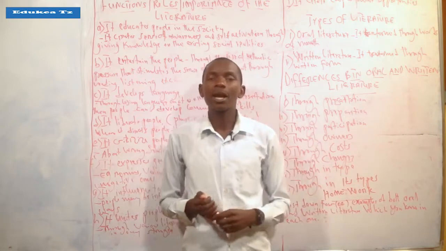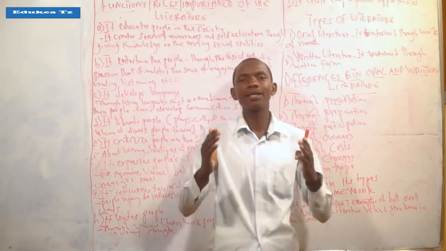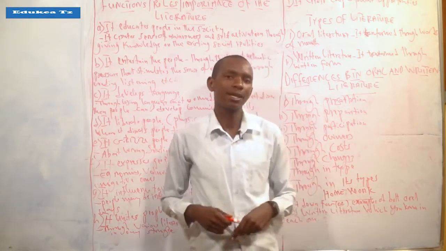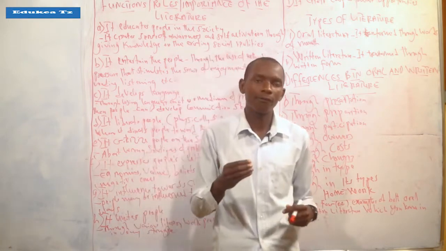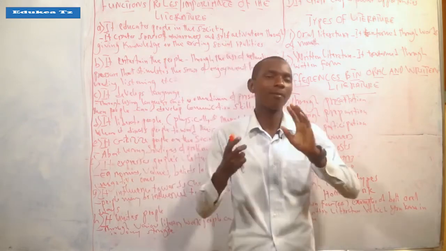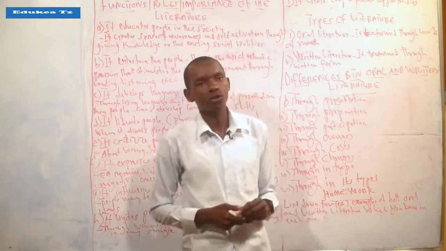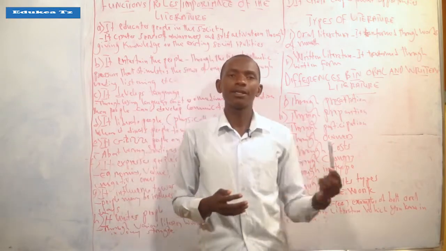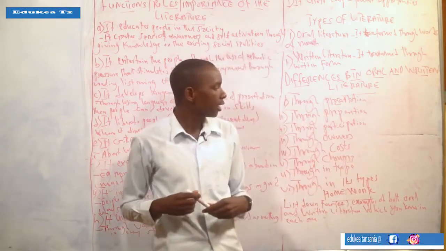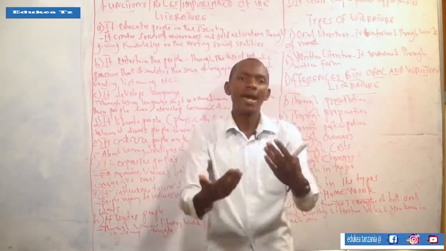But in written literature, you should have a lot of time to prepare everything that can be used when you are writing or composing a certain literary work, like a pen, an exercise book, or any papers, among others. So these are the issues which demand a lot of time. That makes us say that written literature differs from oral literature due to how it's prepared.